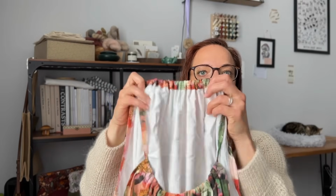And yeah, I decided to line mine, so I have a white viscose in it, just because the floral viscose is very nice, but also a bit thin and slightly sheer, very slightly sheer. And I don't think it would have been a problem because of the amount of fabric that there is and the fact that it's gathered at the bust and at the waist. And if I'd worn skin colored underwear underneath, I think it would have been completely fine. But